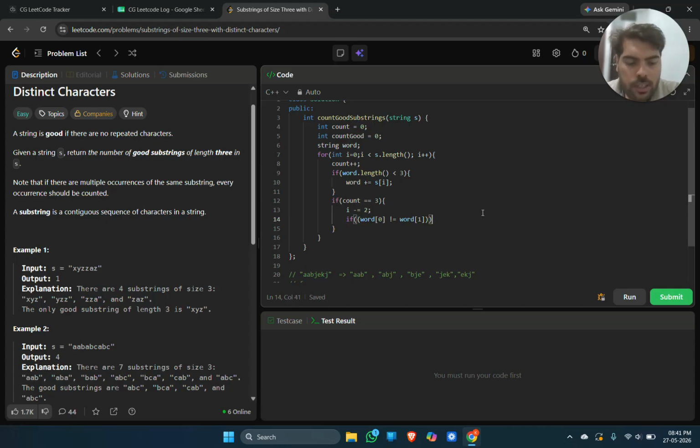After this I am checking another condition: word of 1 is not equal to word of 2. Why am I checking one character at a time? Because we have only 3 characters, so I simply compare them. I am comparing 1 and 2, and then I compare the last index, word of 2, with the 0 index of word. If all 3 conditions are satisfied, then I am incrementing the count good